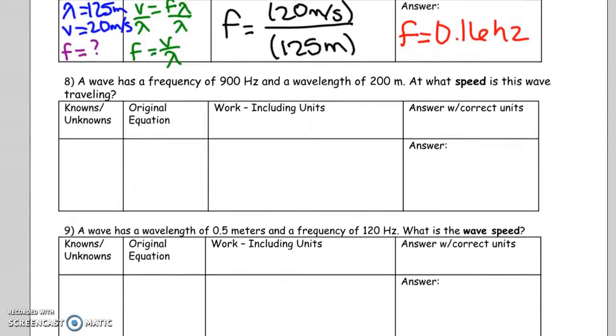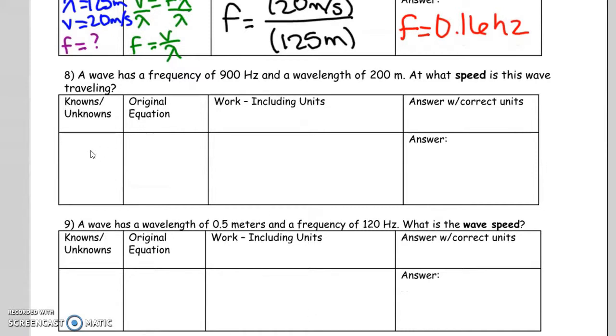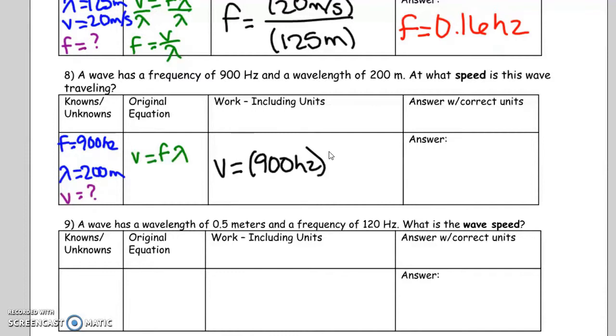Number 8 says a wave has a frequency of 900 hertz and a wavelength of 200 meters. What is the speed of this wave? So v equals f times lambda. We are looking for v, so now I can plug in my work. v equals 900 hertz times 200 meters. And that gives me, change my color, a speed of